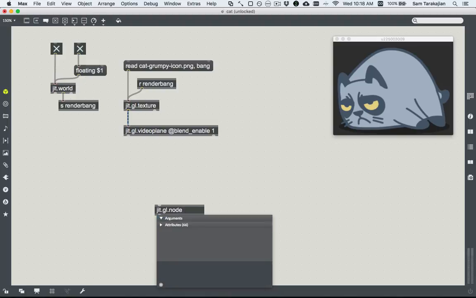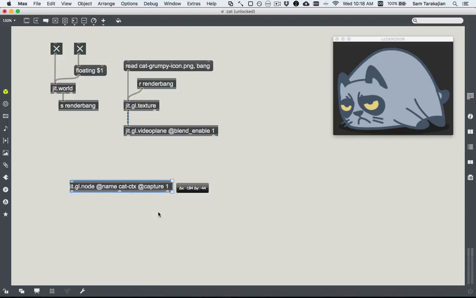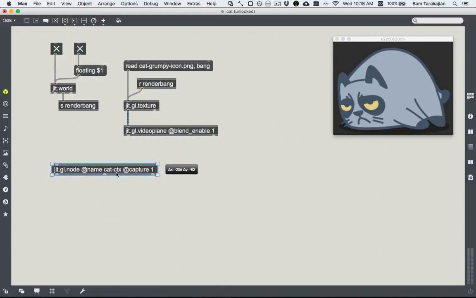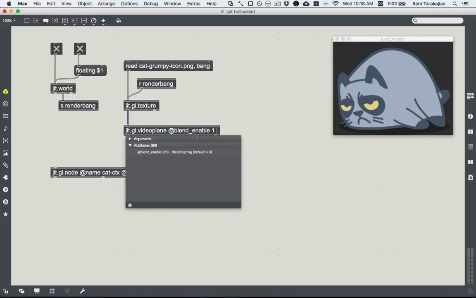And I'm going to give this node a name, at name cat-ctx context, at capture 1. So this node is now set up to capture. So now it's basically reserved a texture, and other GL entities like this video plane, for example, can draw to it by setting their draw to parameter to be the name of this jit.gl.node. So I can do at draw to